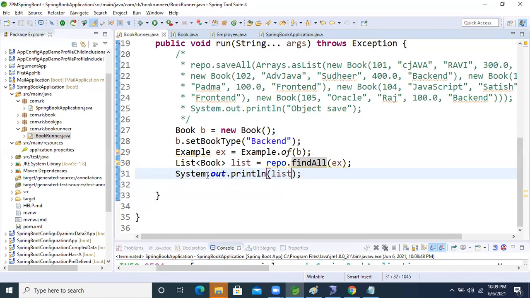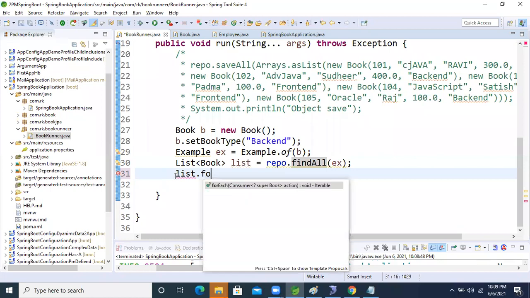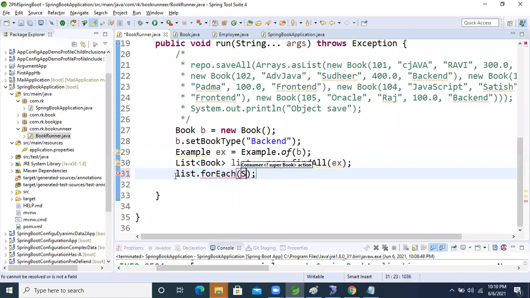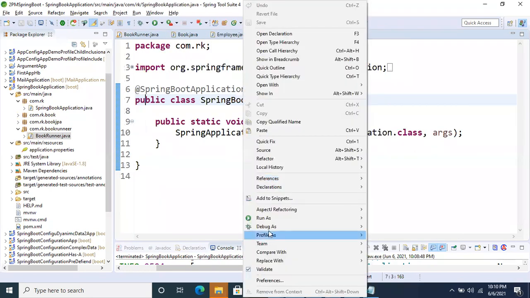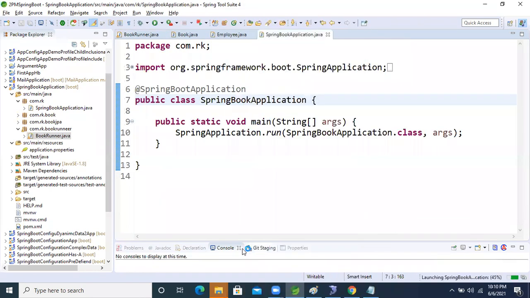What are we going to do now? Let's take the list, list dot forEach, and inside that System dot out dot println. Now we will get our desired result. Run the application.